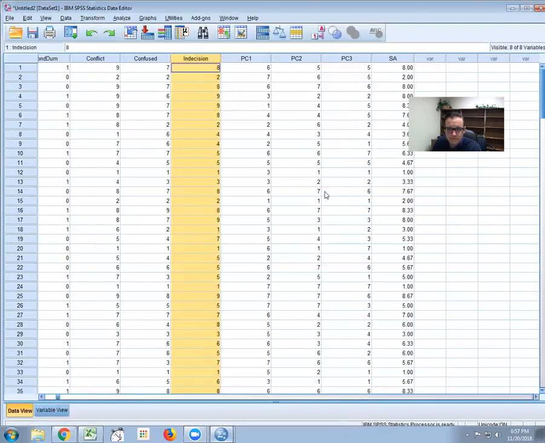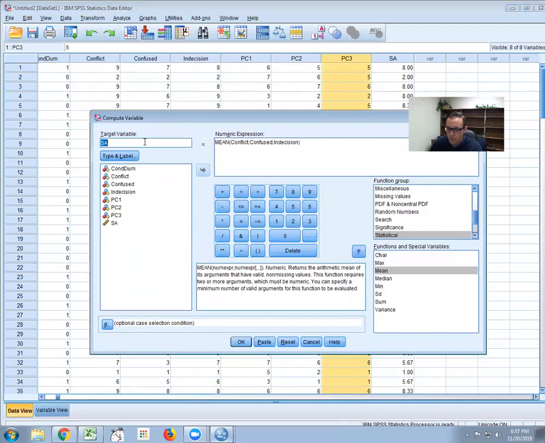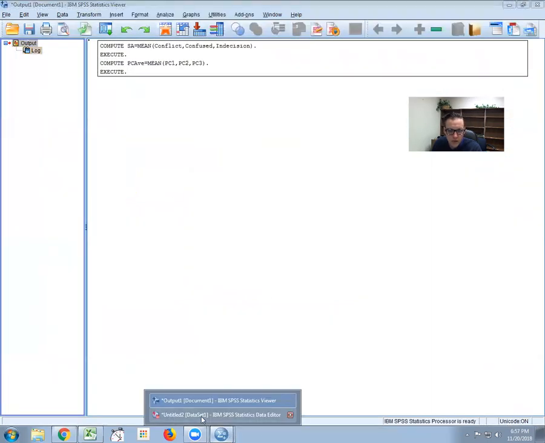We go back to our data, and there's our index of subjective ambivalence. And we do the same thing with perceived childhood income. Again, we're just going to go to transform, compute variable. We're going to come up with a name that reminds us of what it is, so PCAV. We're going to start from the beginning just so you follow the whole thing. We're going to go to statistical, select mean, move it up, and delete those question marks. And I'm going to move the items over with commas in between them. And then, okay. Again, we go to our data,